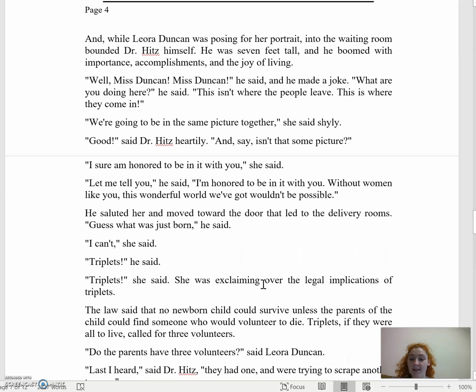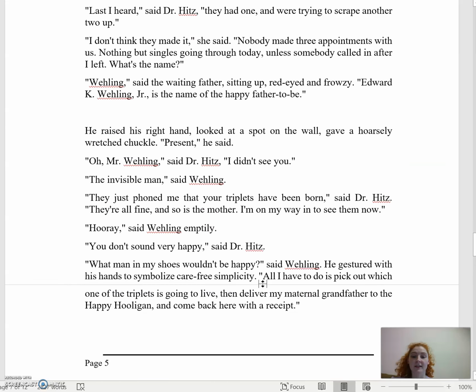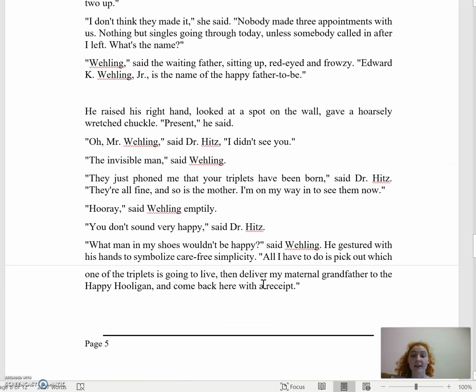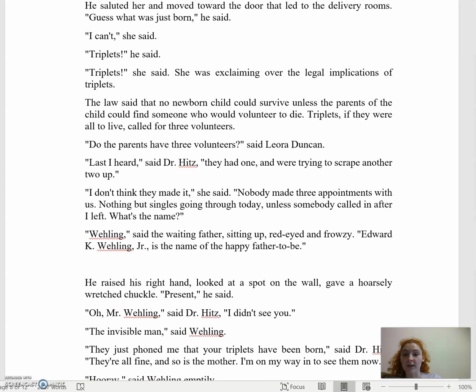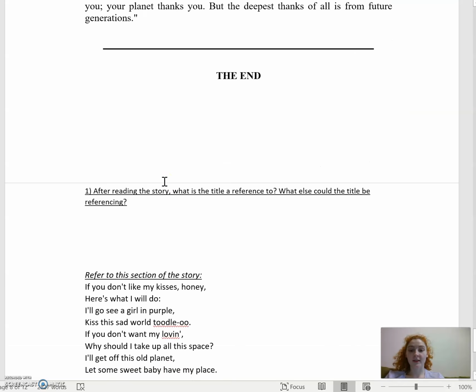We're moving on to the last 2 pages or so of the story. I only have about 30 seconds left in this video. So you know that this story ends with 3 people dying because the law of this world is that no new people are allowed to come in unless people who already live agree to make room for them. And the trouble of the father is to find out how he can make room for his 3 kids. And it comes down to the question of whether or not the government is allowed to decide who lives and who dies. And what is the author's social commentary that he is making about governments that can choose